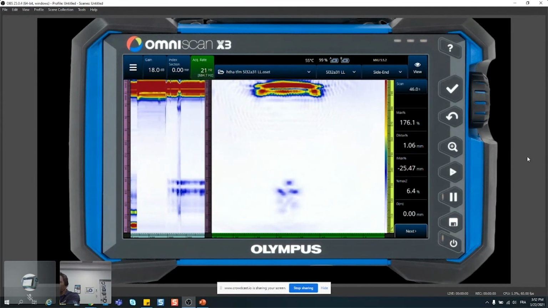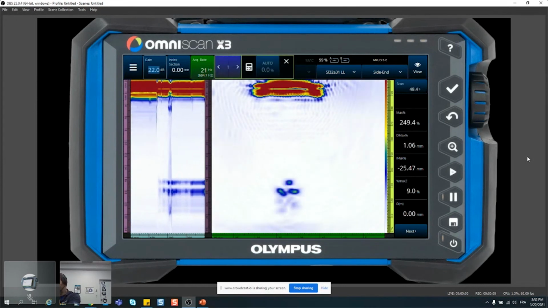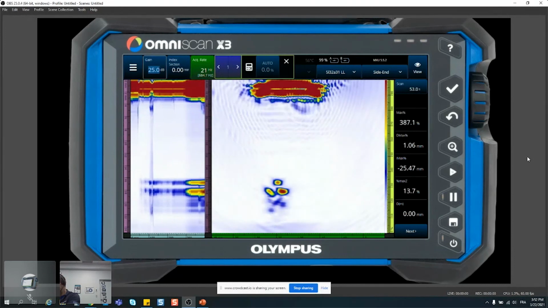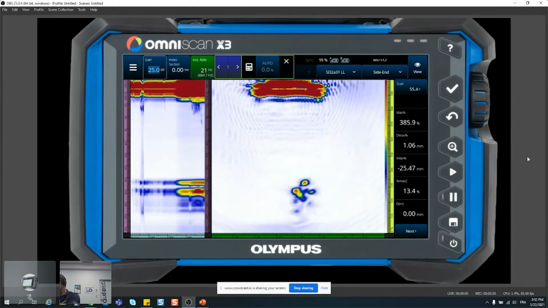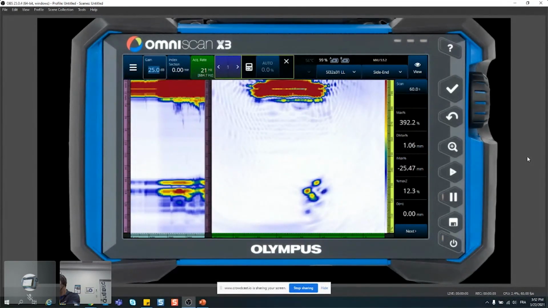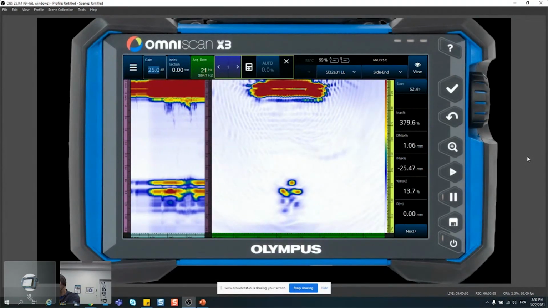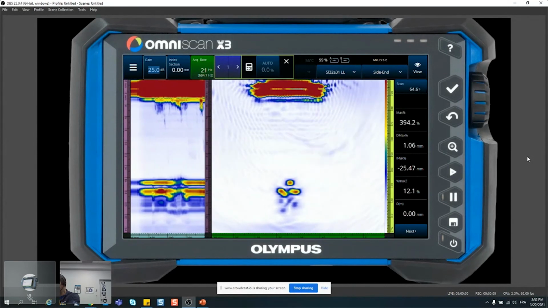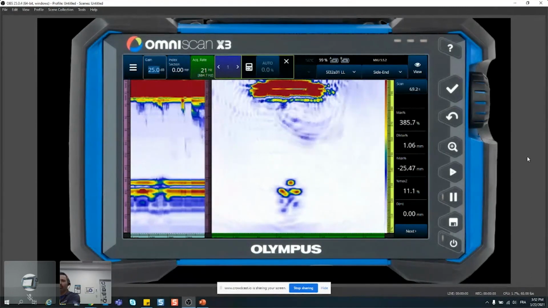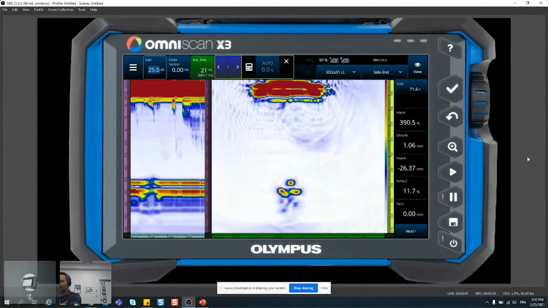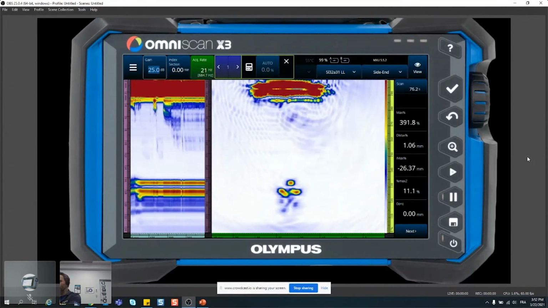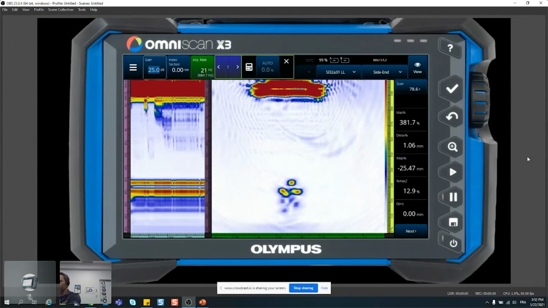I have to stay in my sensitive zone, sensitive area. So depending if I move left to right, I'm going out of my sensitivity area, but when I'm in there, the side drill holes are pretty well defined. And if you're wondering at the top here what's happening, it's because my wedge is actually wider than the block that I'm using. So there's water dripping on either side and it's causing all those ripples.